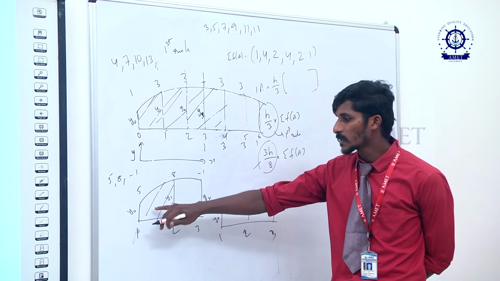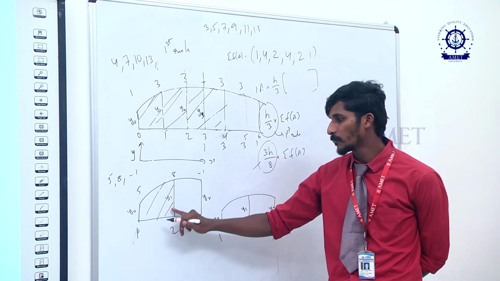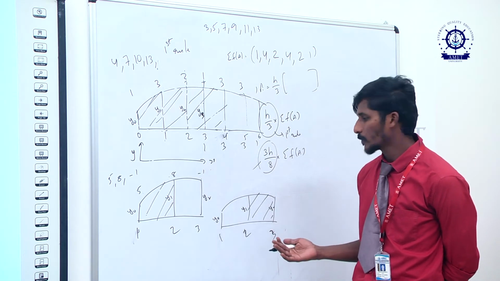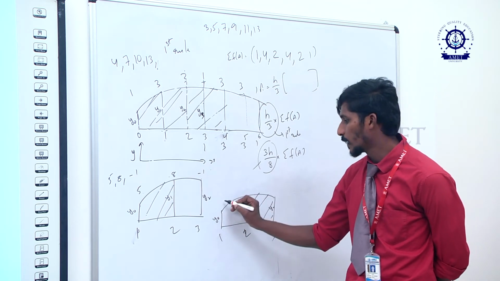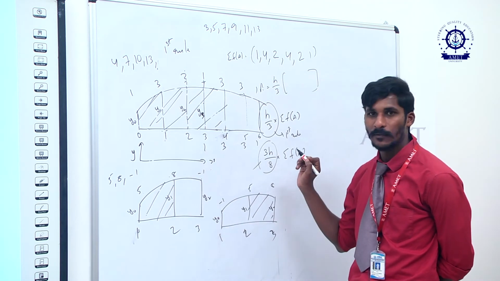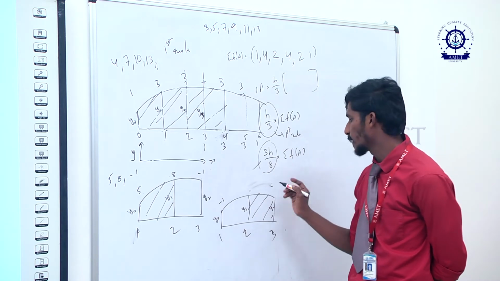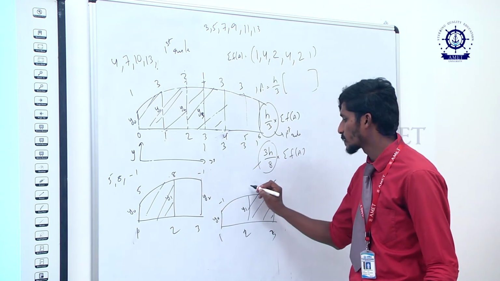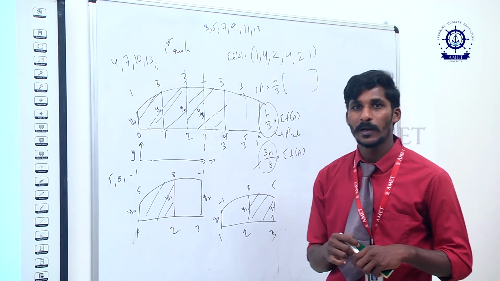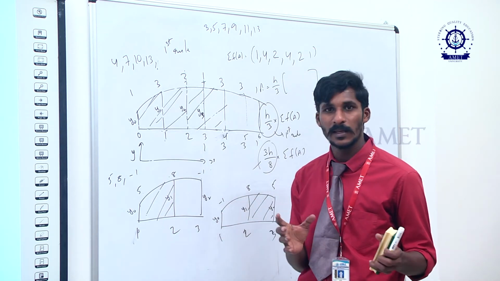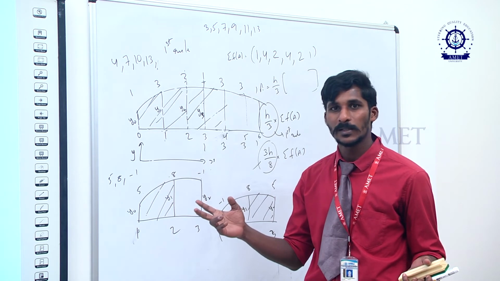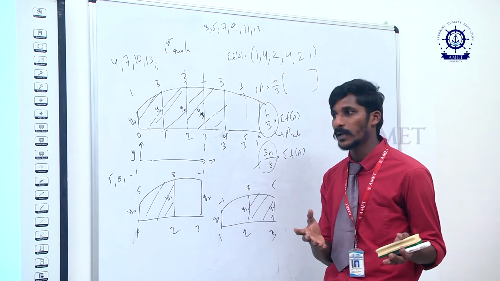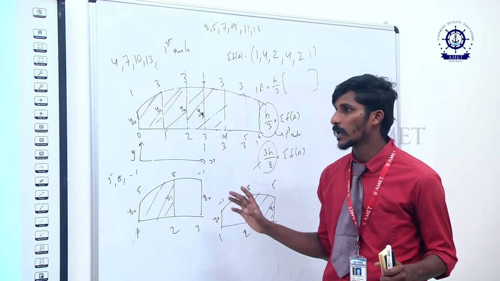So now in this case, if I want to find the area between these 2 ordinates, what I have to do is, the station which you want to neglect gets the minus 1, but the rule cannot come like this, 5, 8. The rule should always be in a sequence, in the order of 5, 8, minus 1. So whichever one you are neglecting should be minus 1, and the remaining 2 ordinates should be 5 and 8, but the rule has to be 5, 8, minus 1. So this is how we can utilize 3 ordinates to find the area between 2 ordinates. That's how we utilize the third rule.